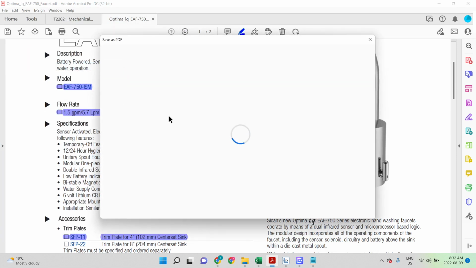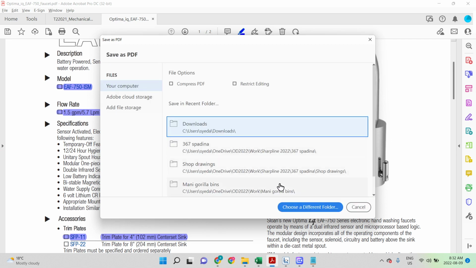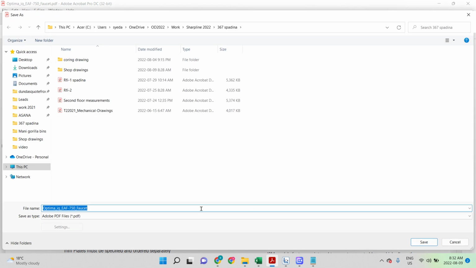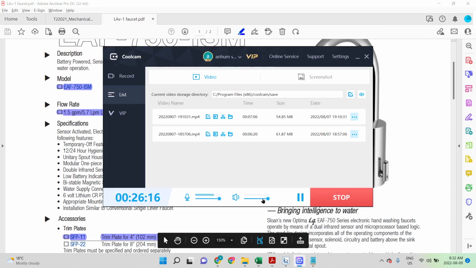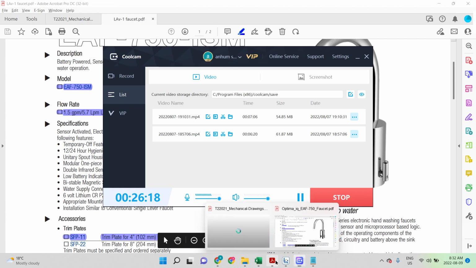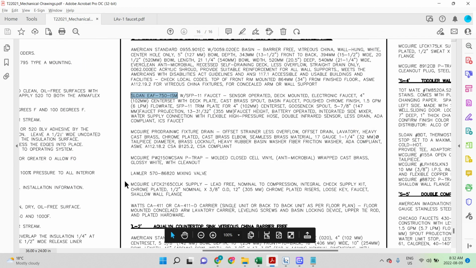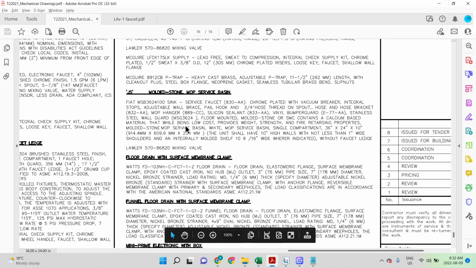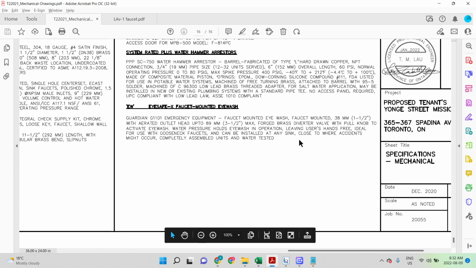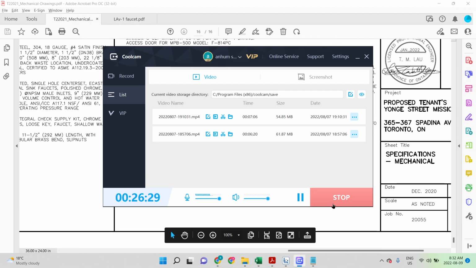So I go here, save as, and that's how we work on our shop drawings. And this is how you're going to continue to do this for all the sinks, all the faucets. Then you go up here, you try to go for all of this till this point here, and that's how we make all the shop